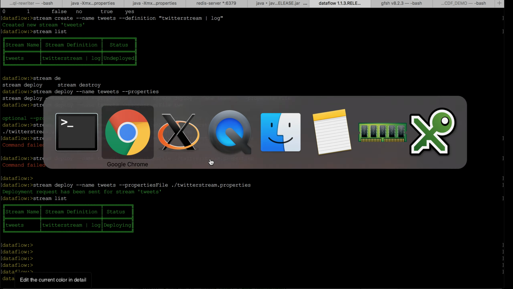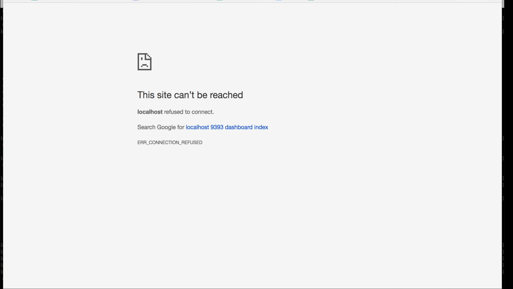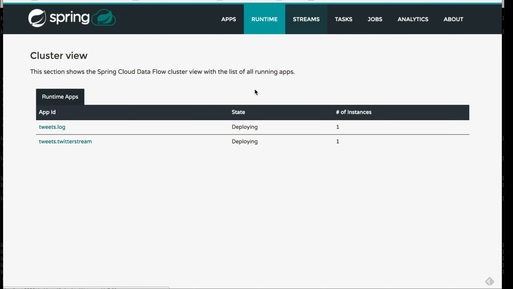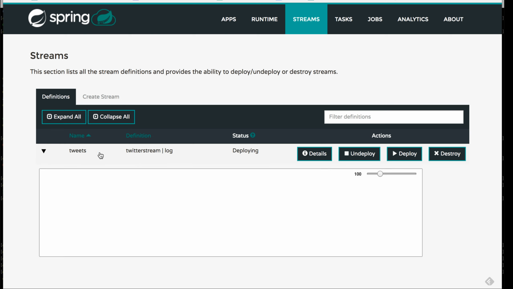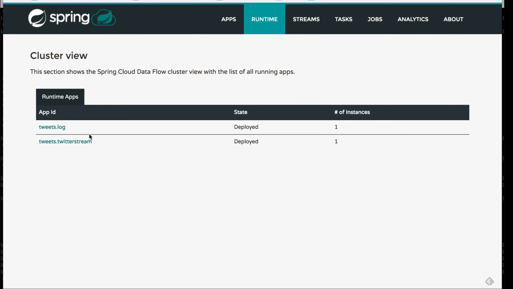Let's now switch to the web console, which is a little bit friendlier to do similar management tasks. It's called the Spring Cloud Data Flow user interface. We have just defined this tweet stream from the Twitter to the log file, which is being deployed. We can see that actually two modules are involved, and